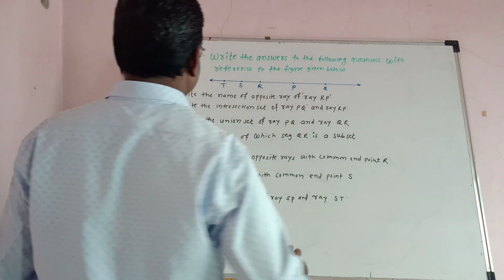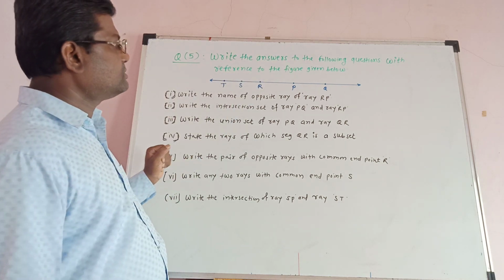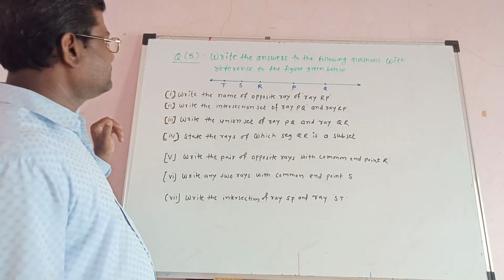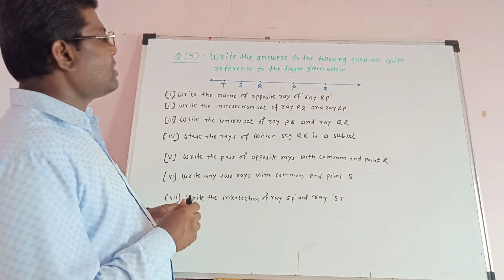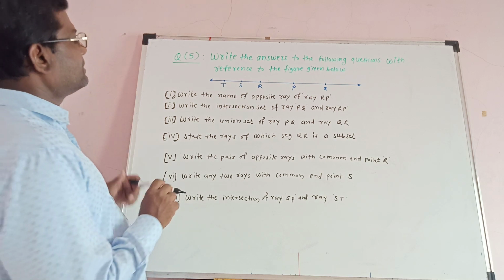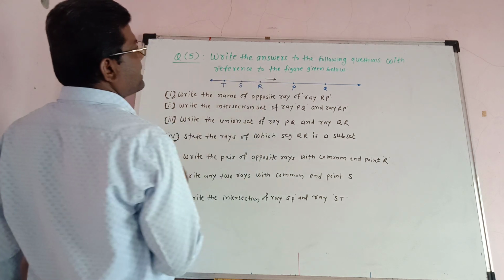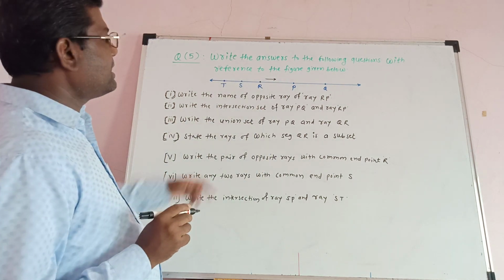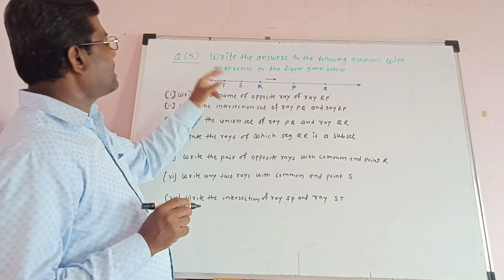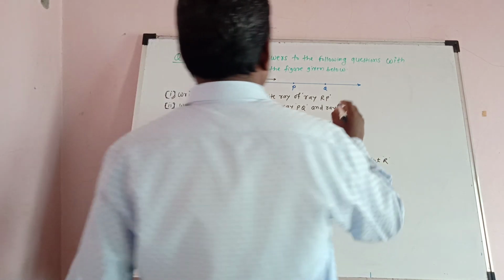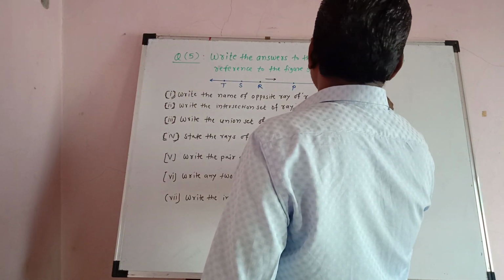Now, question number 5. Write the answers to the following questions with reference to the figure given below. Question number 1. Write the name of opposite ray of ray RP. Let us see, ray RP is in this direction. So opposite ray to RP are RS or RT. So here answer is ray RS